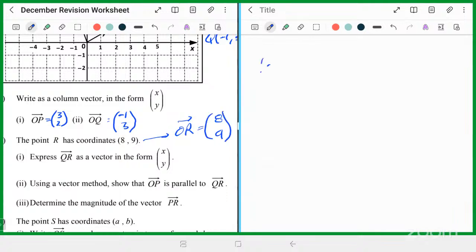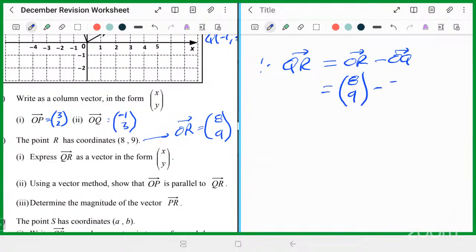And therefore, the QR that I want is O times the last minus O times the first: OR minus OQ. When you have the position vectors of the points, you can find the displacement vector that way. So OR is 8, 9 minus OQ, which is negative 1, 3. Work this out. This minus is a plus. 8 and 1 makes 9. Then 9 minus 3 is 6. So QR